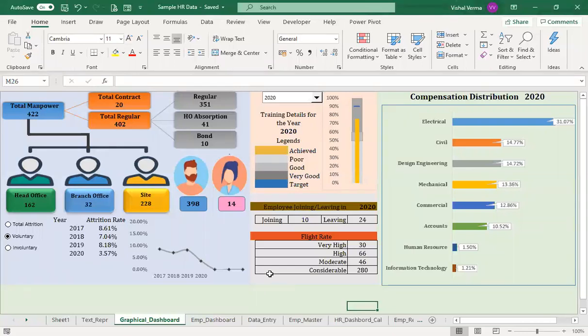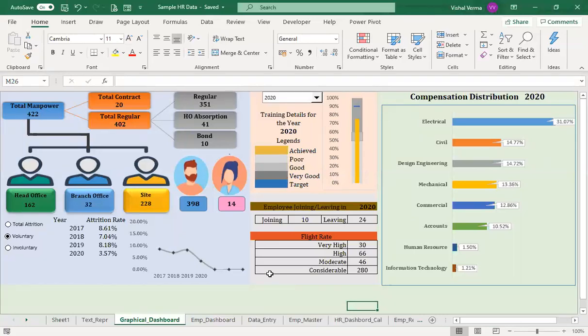So when we are making an HR dashboard, we can assume that it is very similar to a building, a monument that we see. But behind the monument are the bricks, TMT bars, cement, sand, etc. used in constructing a good monument or building.